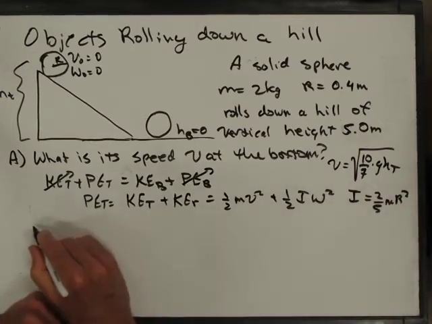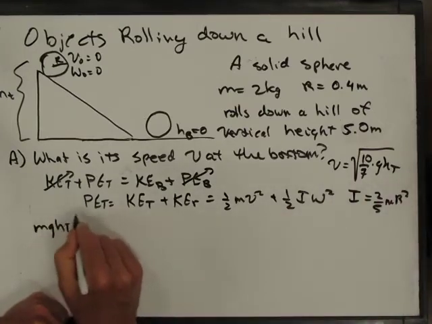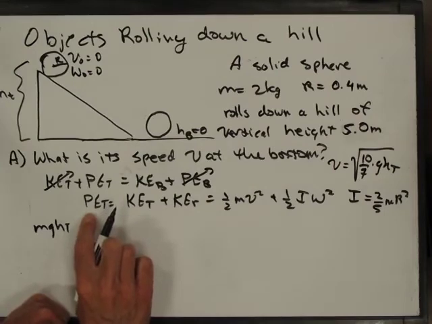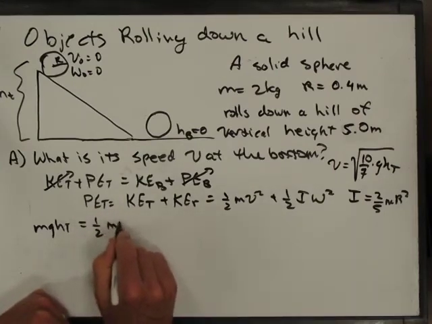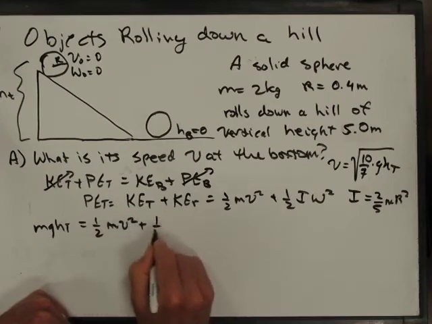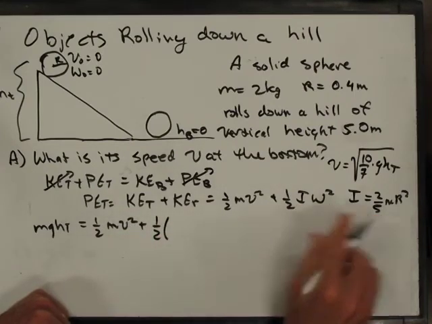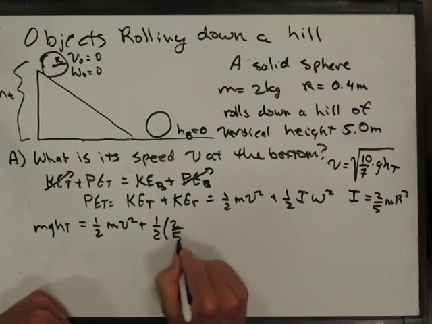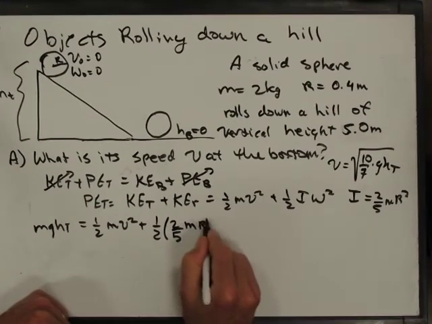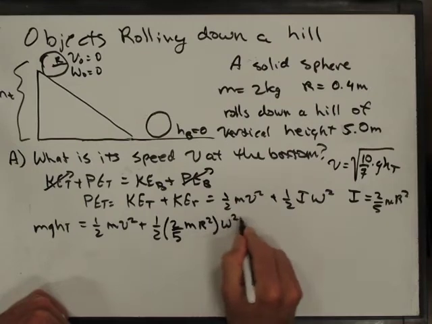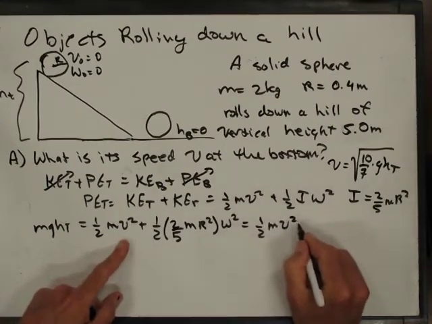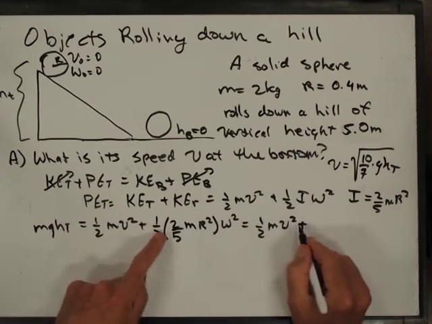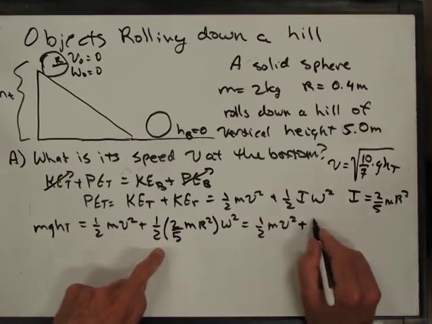And so what we get is mgh at the top, the formula for potential energy, equal to 1/2 mv squared plus 1/2 times 2/5 mr squared omega squared,